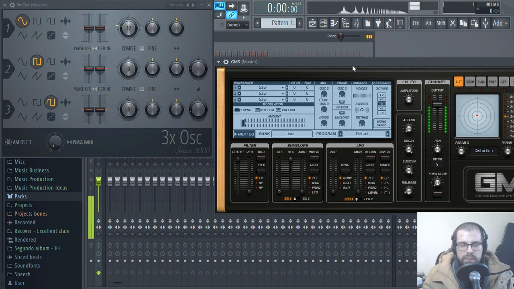And if we play, you can hear that we have a saw wave. But now if I put it with 2 voices, we have a different sound. Why? Because we have the same oscillator creating 2 saw waves. And if you have like 3, and we can have like 4, as you can see here, when you start increasing the number of voices,